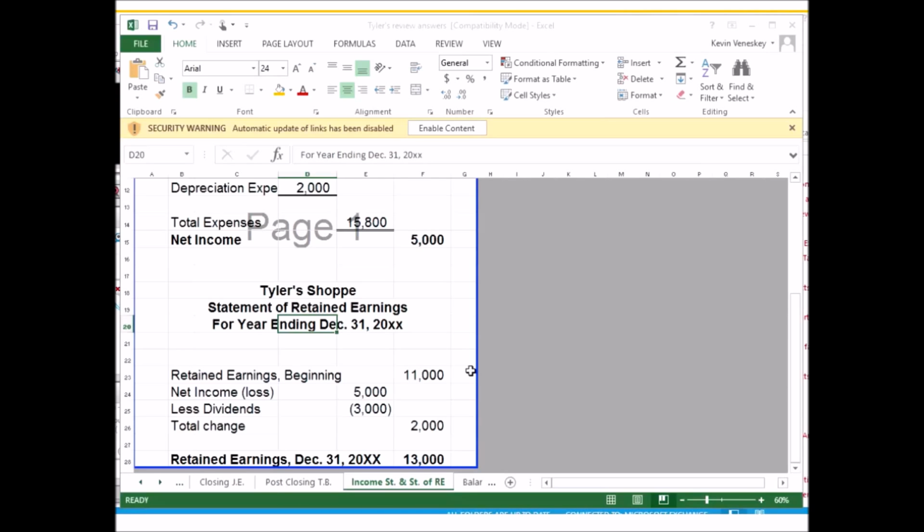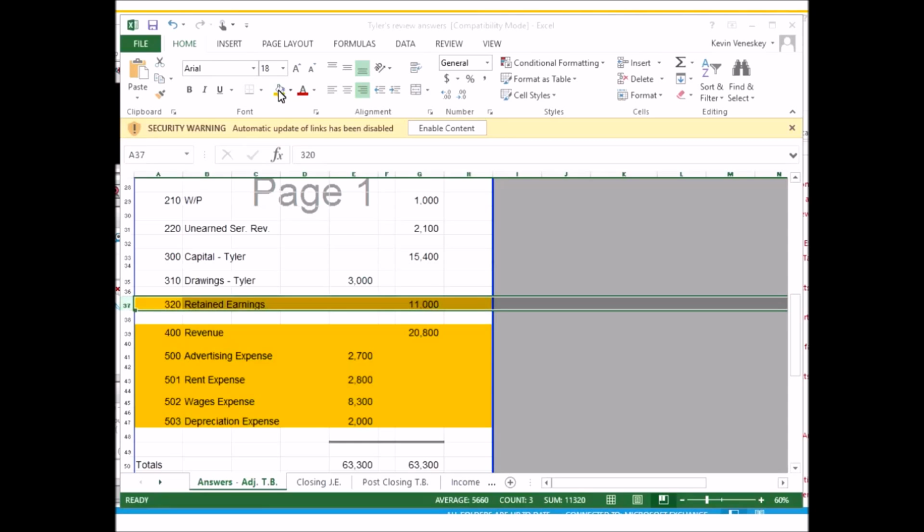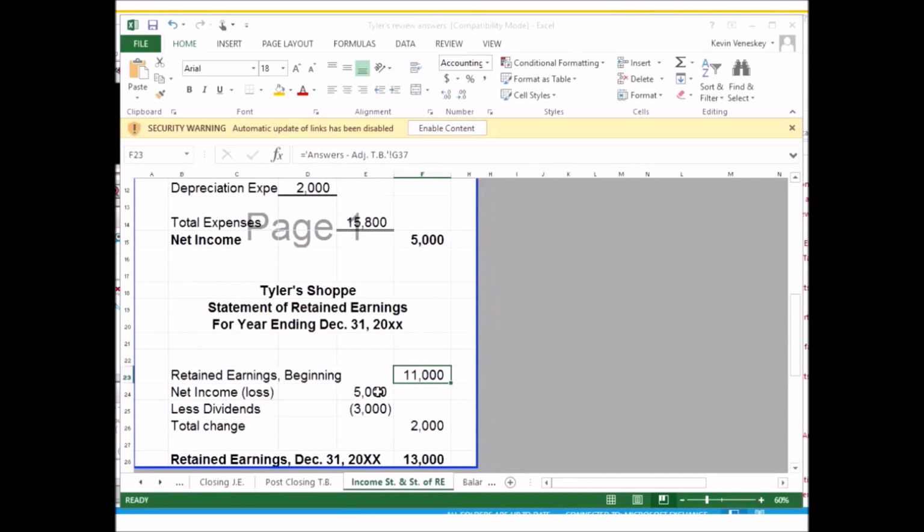The statement of retained earnings generally only has 4 items happening. You take your beginning retained earnings. So I go back. My beginning retained earnings was right here. I started out the year with $11,000 in overall profits for the past years. Retained earnings continually builds on itself where these guys go away. Retained earnings started with $11,000, and then to tie in the income statement, I add in the net income,